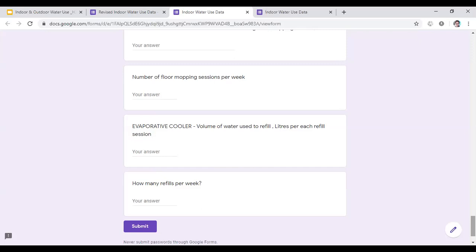So that is all it is. I hope you'll be really enlightened by this process of undertaking the assessment using that form, which has made it very simple for you. You just need to take the form and go and measure the flow rates and ask yourself, or whoever is doing the activity, these questions. Or sometimes you may even observe for a few days and then write the answer, because it's your own house. You have the opportunity to really observe how many minutes people use to hand wash, how many times we hand wash. So you take your own time to fill the form and then submit it, and we'll be able to give you the results of your household water use.